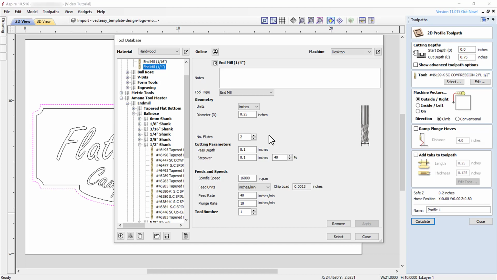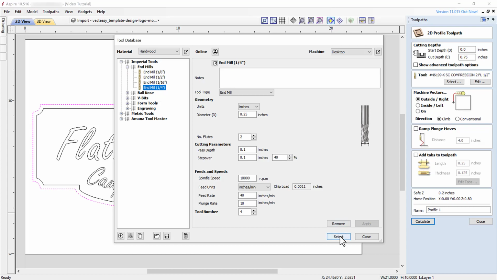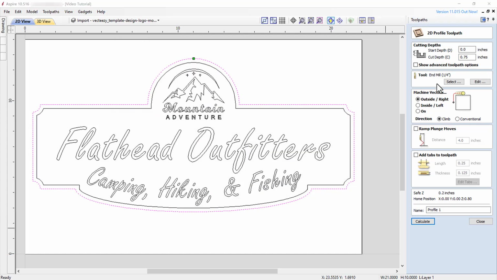Let's change the spindle speed to 18,000. Leave the feed rate and plunge rate at the default settings, and change the tool number to 4, as this is the 4th unique tool used in this project. Apply the settings, select the tool, and close the tool database.